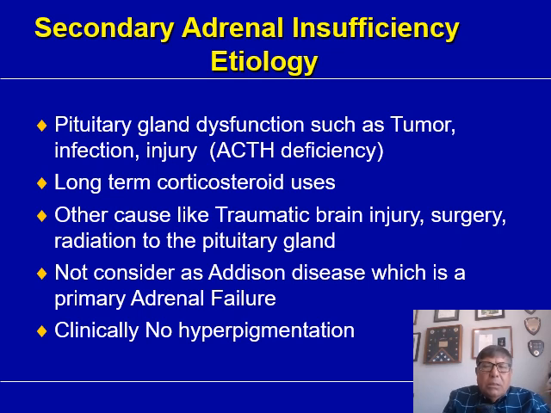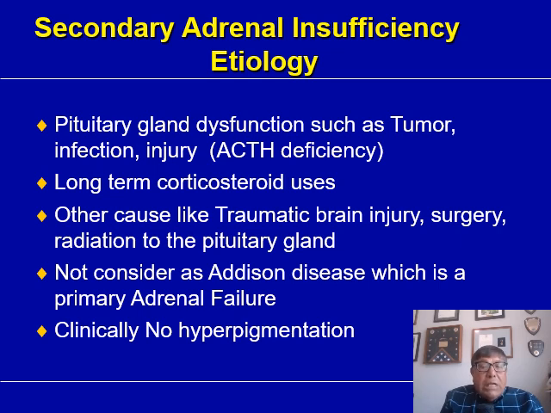So just to complete the secondary causes of adrenal insufficiency, I'm just going to mention this. I deliberately made those slides a little bit elaborate because if you just read through, you will get all the information. It could be because of secondary involvement of the pituitary gland by a tumor, by metastasis, and by any kind of injury that might result in ACTH deficiency. Obviously, long-term corticosteroid use also produces adrenal suppression,